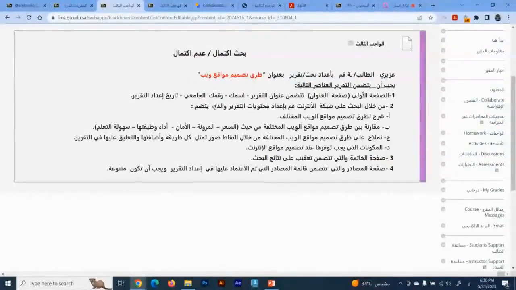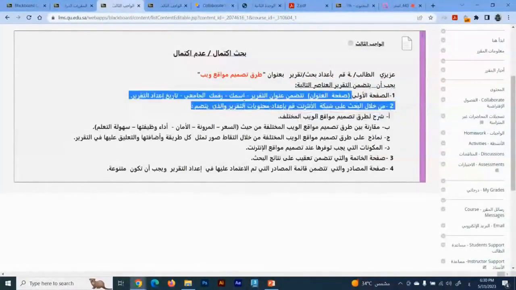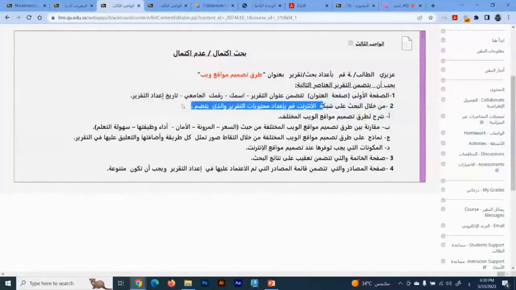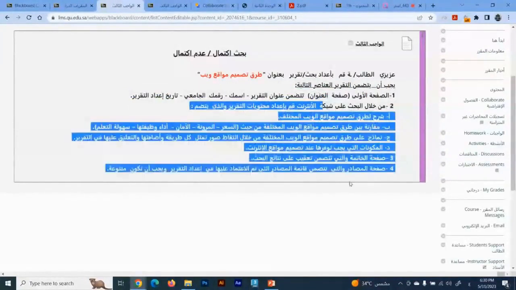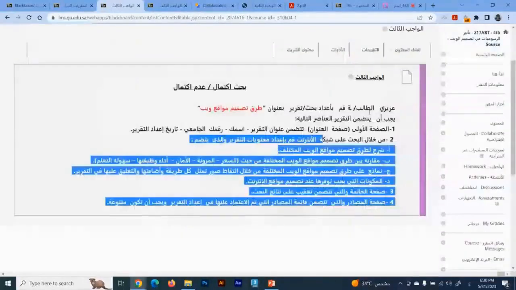Or a report, I could say, or a project if there's something practical titled Methods of Designing Websites. The report should include certain things, like having a first page. Well, this is like a web design project. The first page should have your name and number, and everyone should know what it is. Through research on the internet, you will prepare the contents of the report, which should include this and that. And this won't be graded, so keep in mind that this is about completeness